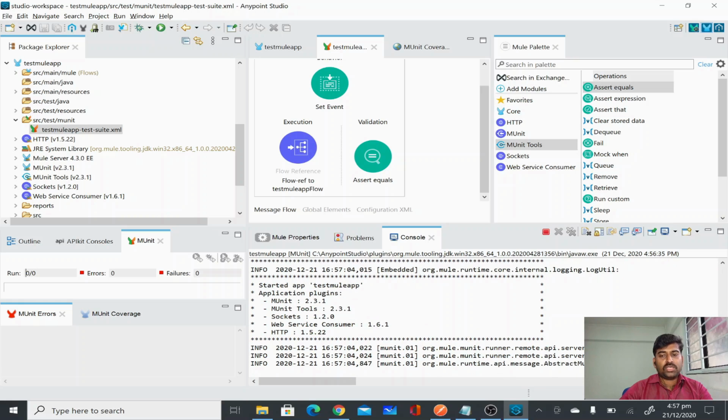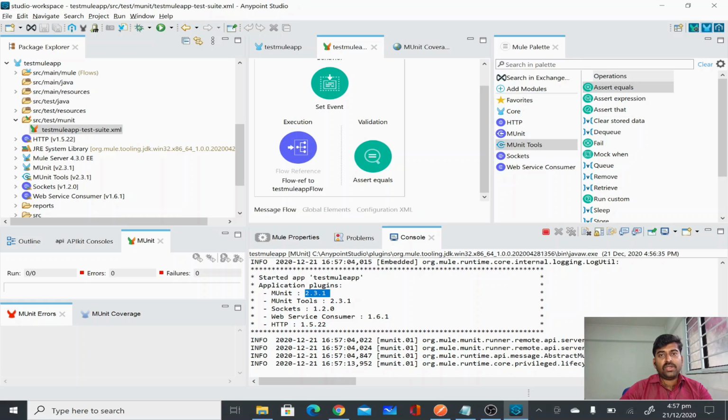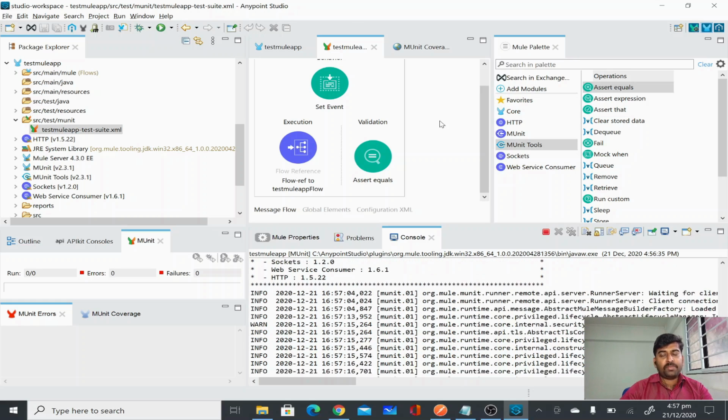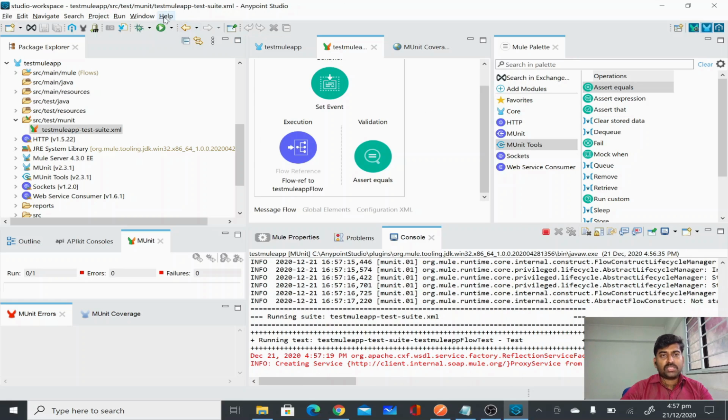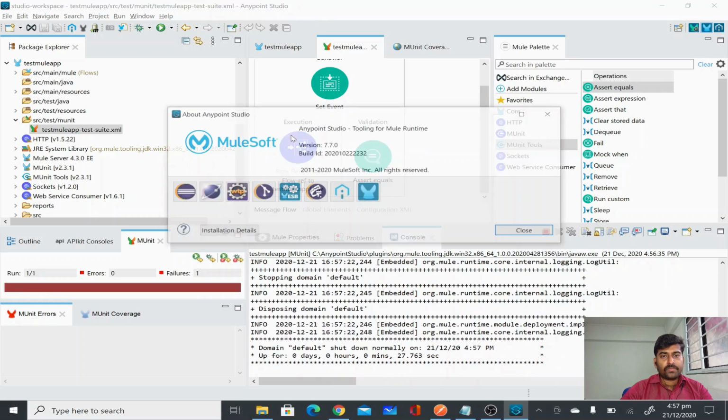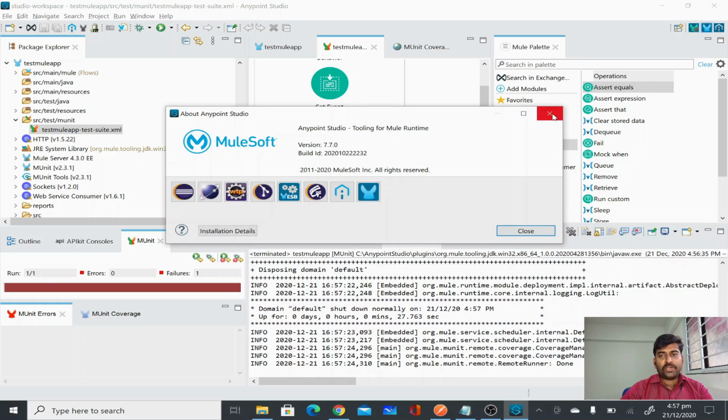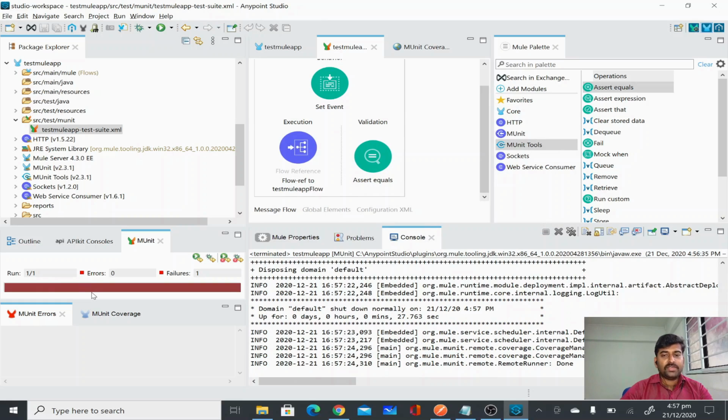So it's going to execute the test case now. Whatever we are using here is MUnit 2.3.1 version, with the latest Anypoint Studio version, something around 7.7 Anypoint Studio I'm using. If you see here, it's failed because we have given a condition where the expected value is